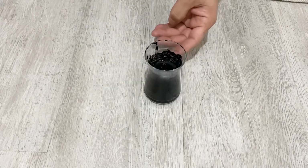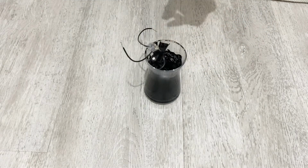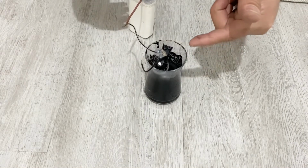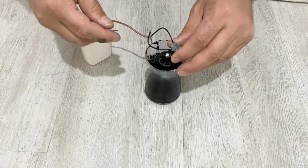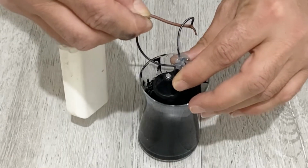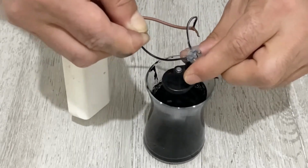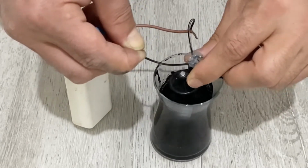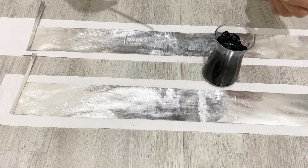Now my friends, to mix it better, I'm going to use my hand blender, and for this I'm going to use my homemade battery. I recommend you mix this slowly with your blender for about 10 or 15 minutes at very high speed. Okay, my friends, after mixing the active material very well for about 10 or 15 minutes, I'm going to use